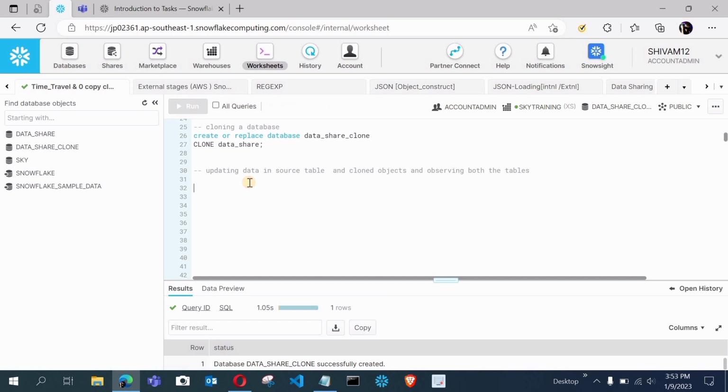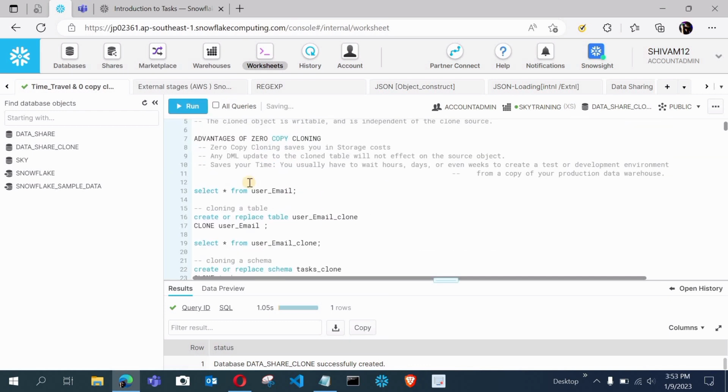First of all, let me make some changes in the source table. What is my source table? Let me show you that table. Select asterisk from, okay. We have cloned this table, user email.